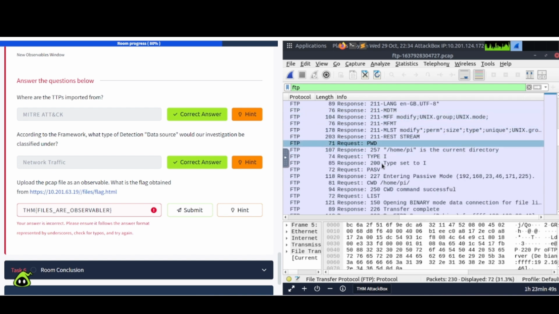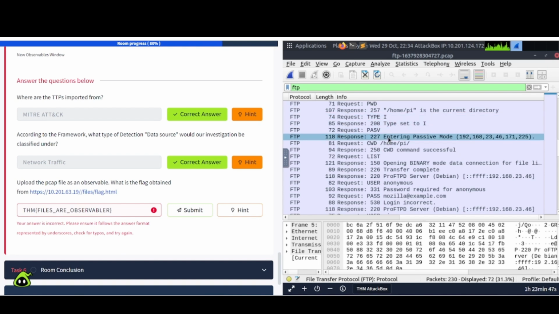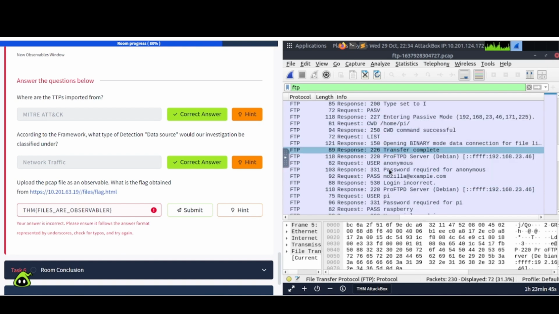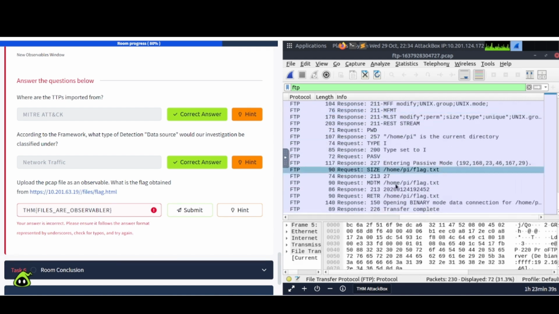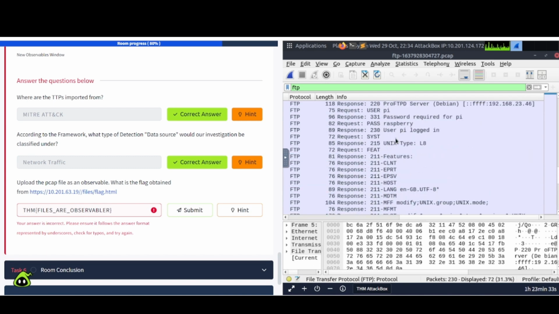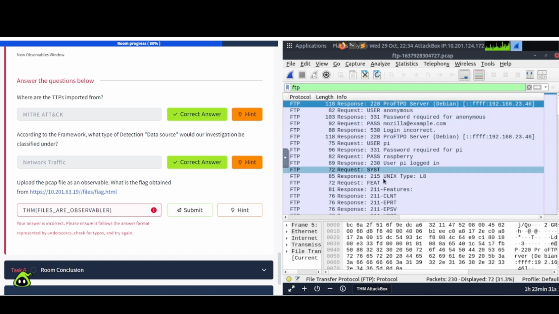And you see some more information here, home, pi, passive mode, things like that, anonymous, again. It just kind of repeats itself, it looks like. But you can see there's a flag file mentioned here, so that may be of interest as well, right? So you're just going to analyze the PCAP file, and then as you're finding out more information about that,